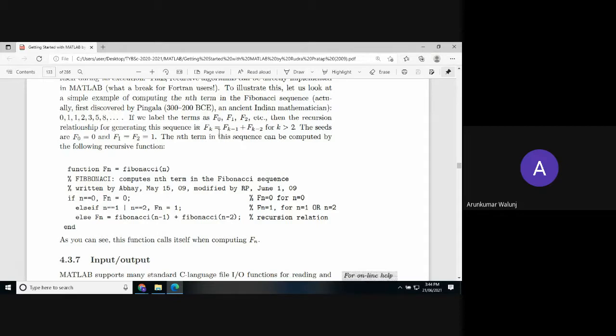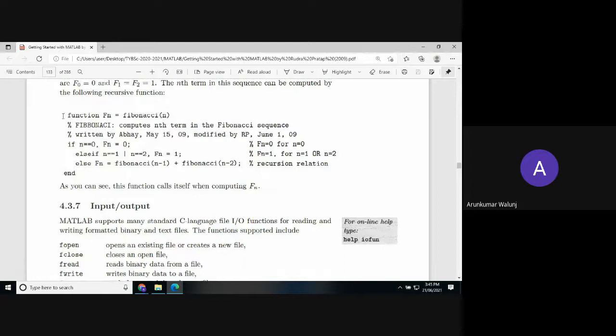That gives the third term. Now the fourth term can be generated by replacing f0 by f1 and f1 by f2. I repeat, you replace the previous terms: what was your zero term by f1 now, and what was f1 by f2. Assign f2 to this, so this result is now going to be your second term, and the second term is going to be the first term. Then you calculate with the formula fk equals fk minus 1 plus fk minus 2, until the nth term in this sequence is computed, and the recursive function does the job for you.